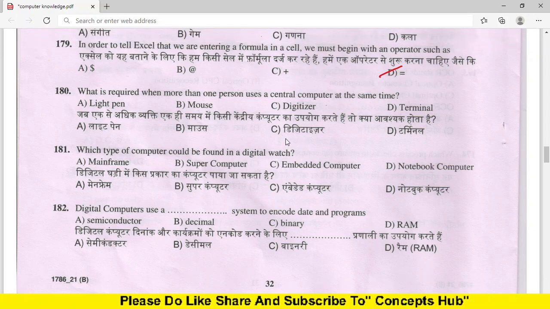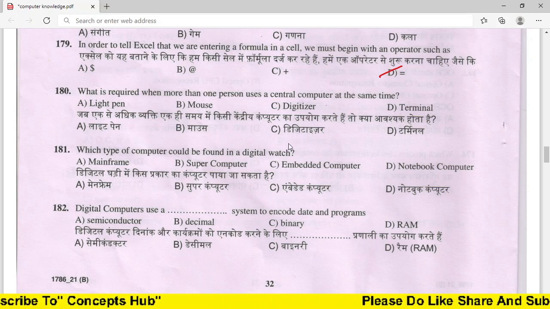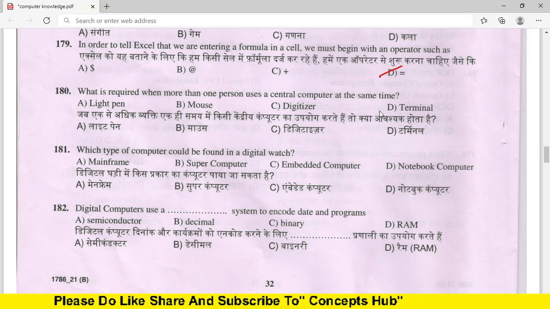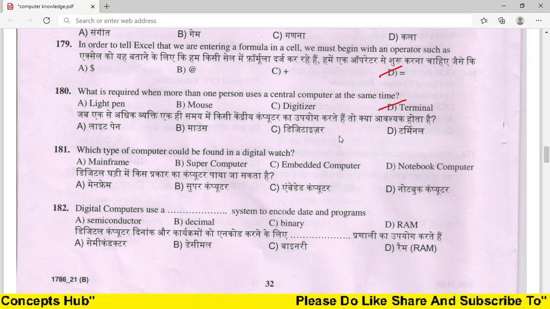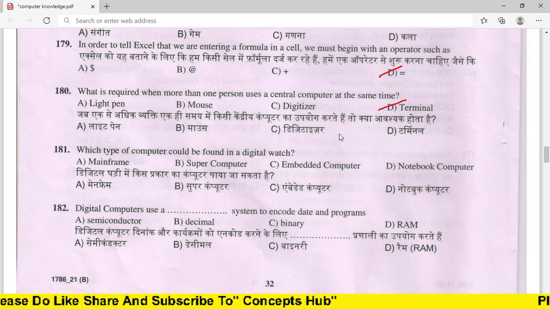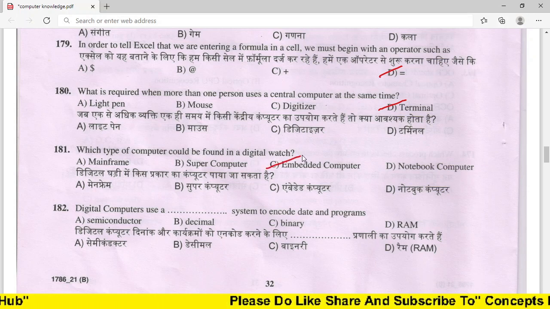Next, what is required when more than one person uses a central computer at the same time? The answer is terminal. Next, which type of computer could be found in a digital watch? The answer is embedded computer.